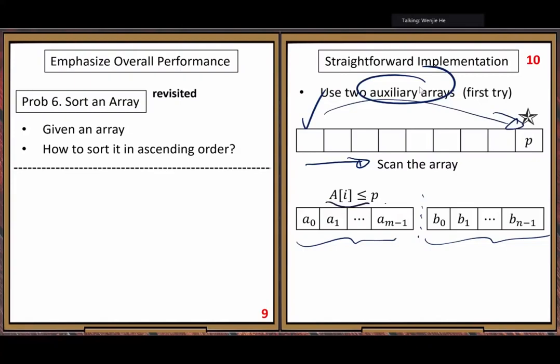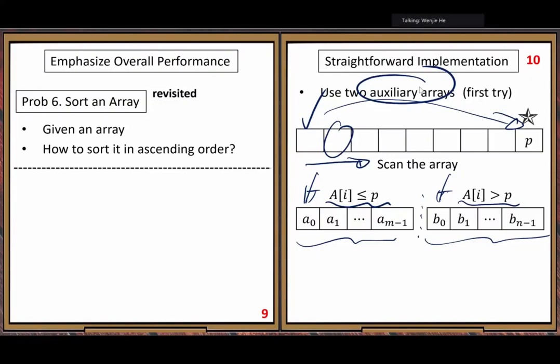If it is less than or equal to p, we drop it to the first auxiliary array. If the value of the current element is strictly greater than p, then we drop it to the second auxiliary array, in the natural order.